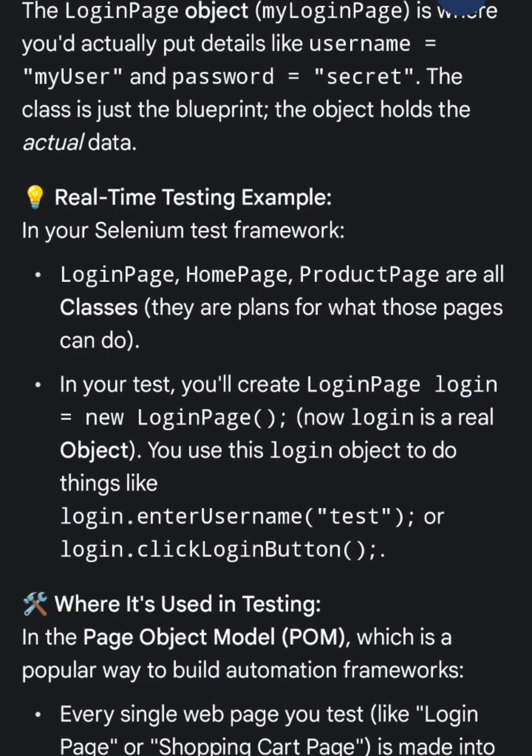Real-time testing example. In your Selenium test framework, login page, home page, product page are all classes. They are plans for what those pages can do. In your test, you'll create login page, login equals new login page. Now login is a real object. You use this login object to do things like login.enter username test or login.click login button, where it's used in